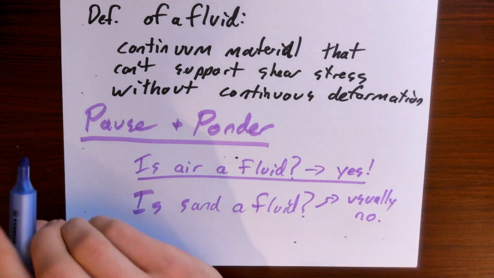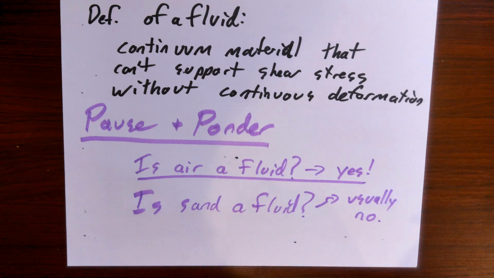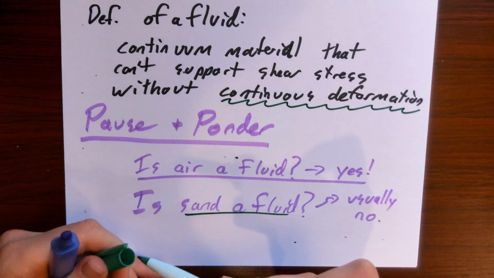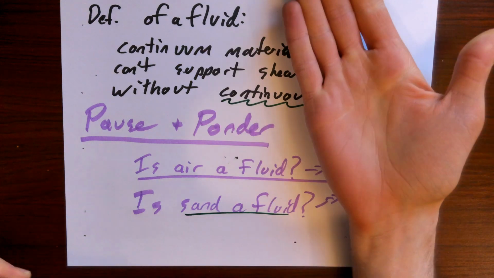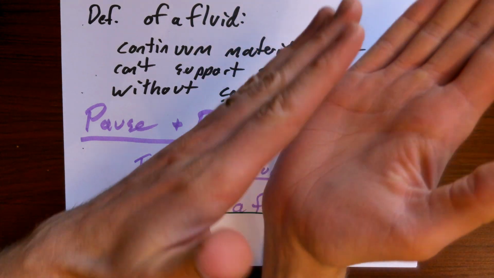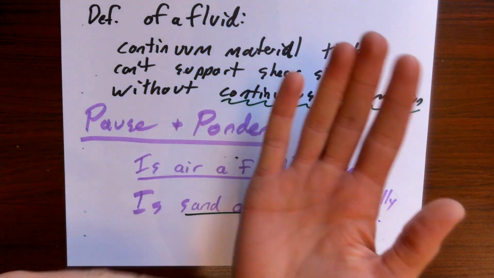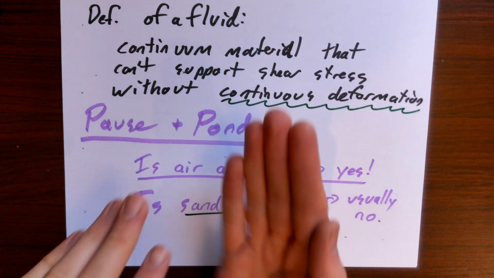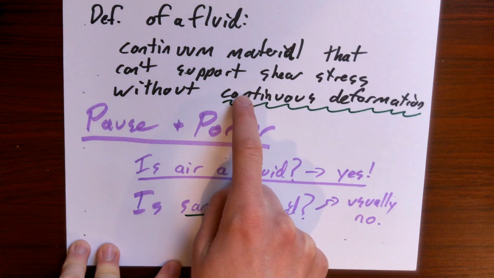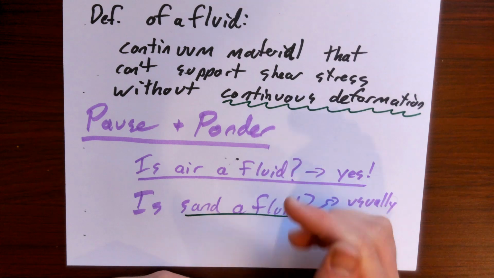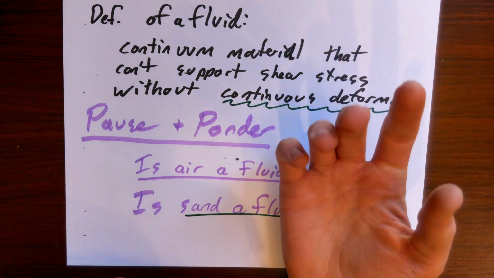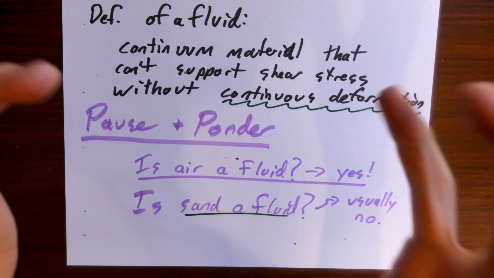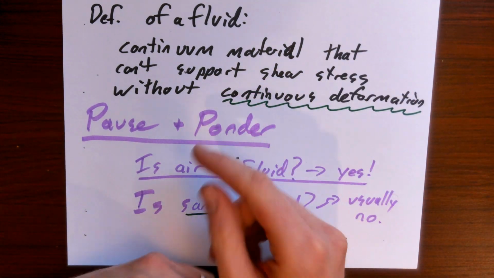Well, the idea that sand is not a fluid comes from this idea of continuous deformation. So if I had some sand in my hand and I sheared that sand, I applied some forces to it to try to get it to move, that sand can actually resist a bit of deformation, a little bit of shear stress before it starts deforming, right? This is how we can form sandcastles. You go to the beach, you make a sandcastle. If sand were a fluid, its own weight would be applying the shear stress that would cause it to deform,